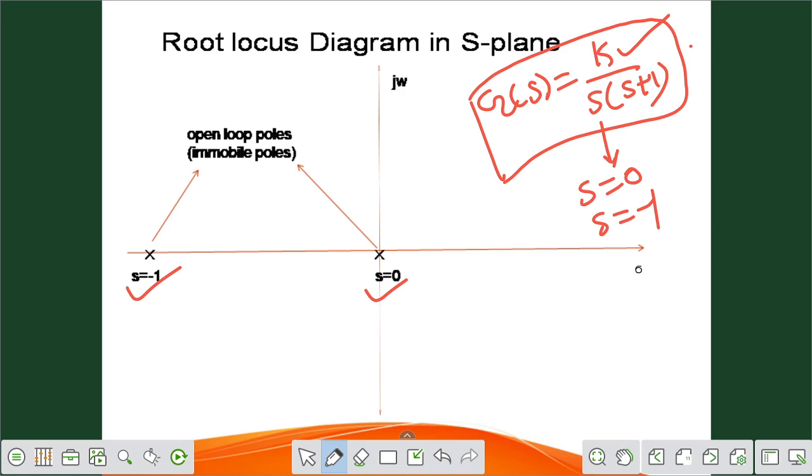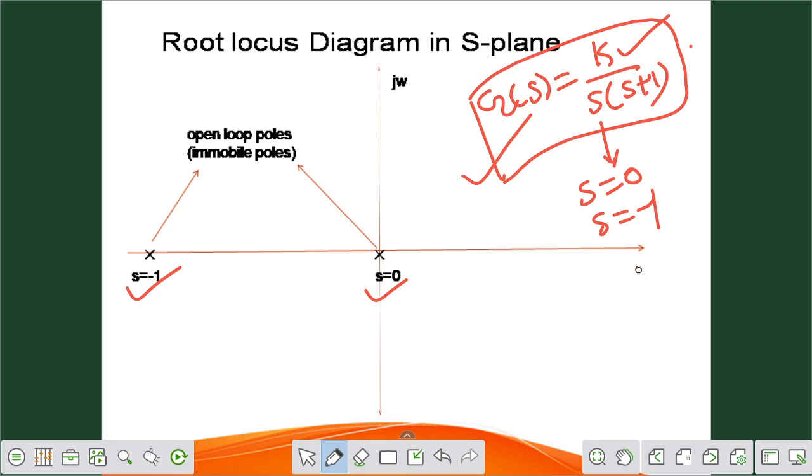Basically, the students get confused. Why confused? Because in the question, everything is given as the open loop transfer function. But what we are doing is drawing the closed loop transfer function poles path. That means the root locus diagram is for closed loop transfer function poles, but actually the problem is given by open loop transfer function poles. What does it mean? It means with the help of the open loop transfer function, I am making the closed loop transfer function poles path.